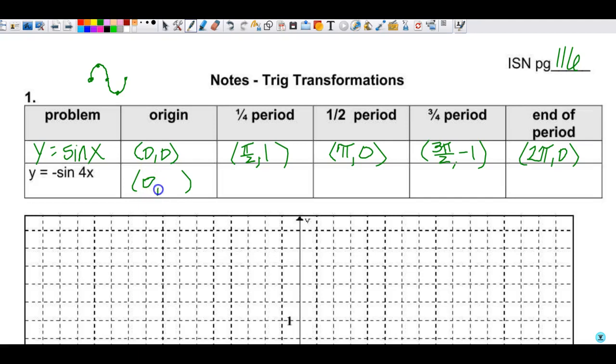And then the y value is what happens here. This is a reflection in the x-axis because this just changes the sign on the y value, which still makes that 0. So that was very uneventful. But then when we move on, we've